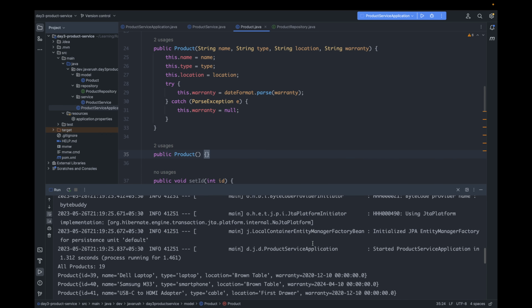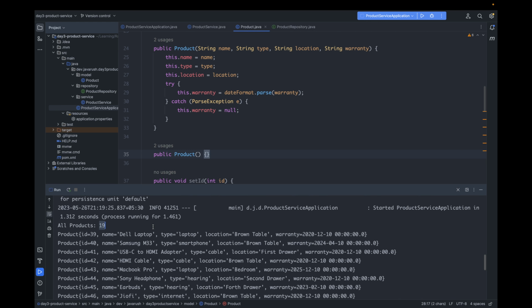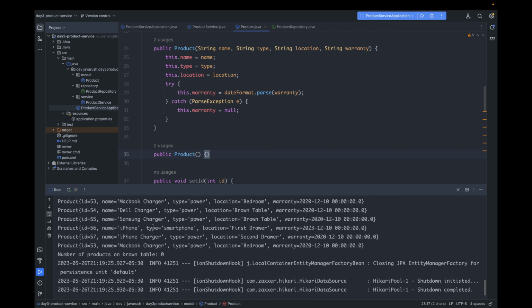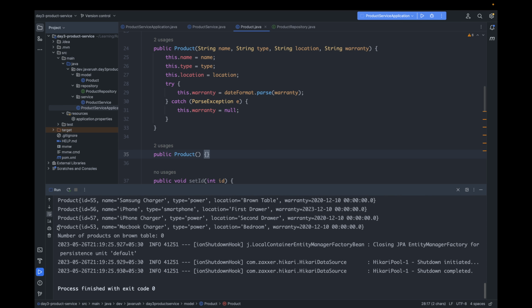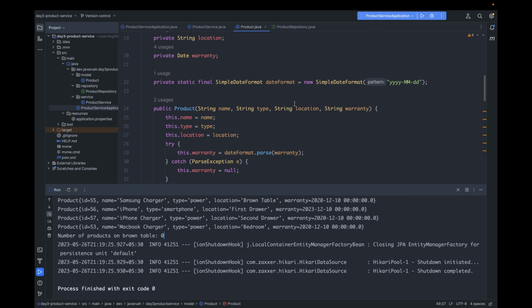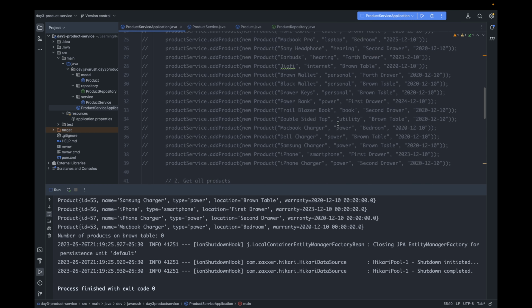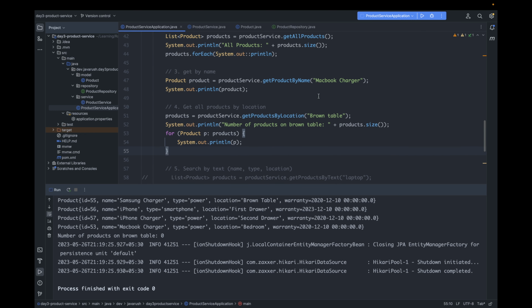It does. So all products 19, and there are 19 products, and we got this product MacBook charger here by name, and number of products on brown table 0. Why is it 0? Because we are searching for products with location brown table. If you see, the T is small. By default, PostgreSQL like does case sensitive search using strings. If we say T here, capital T,